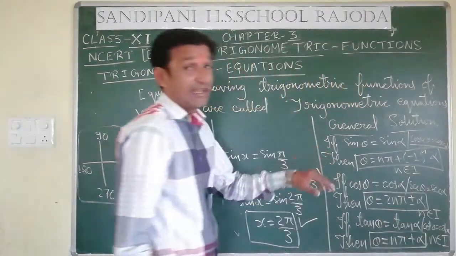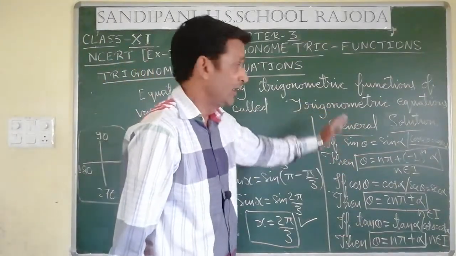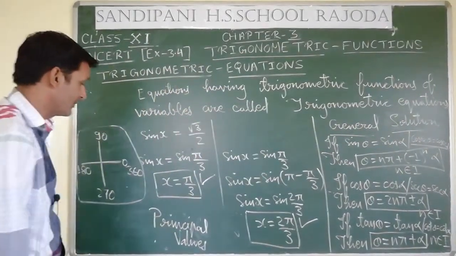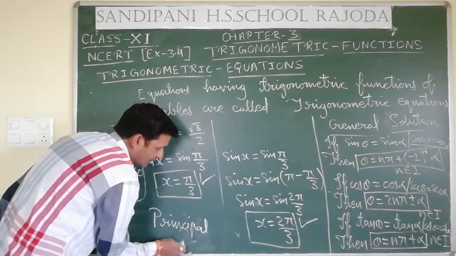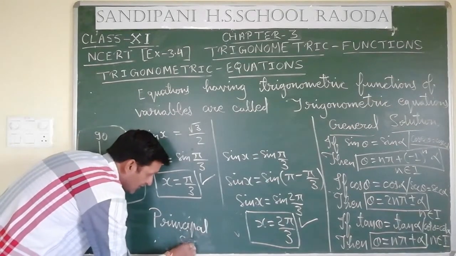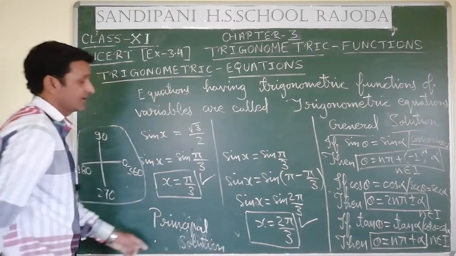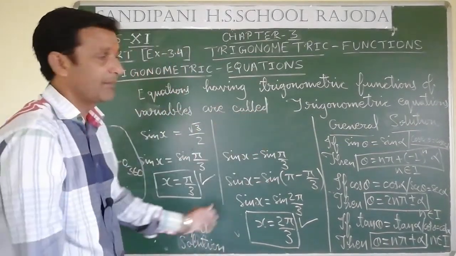Because we are finding the value of x, that's why I have written "value" there. It is called the general solution also. Here also, you can say it is not the principal value; you may write it as principal solutions also. I have assigned it "value" because we were finding the value of x there. You may write principal solution and general solution in place of values, or it may be general value and principal value also.